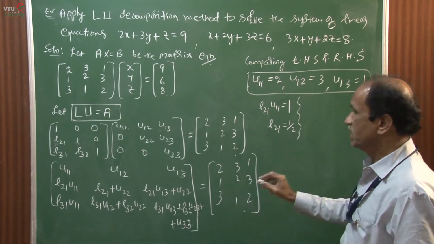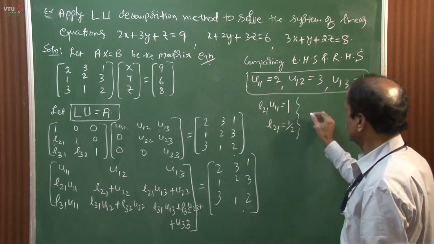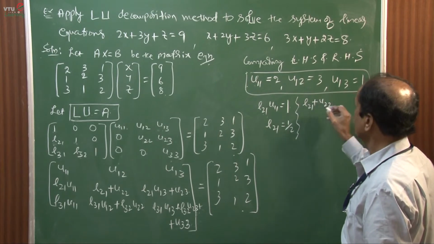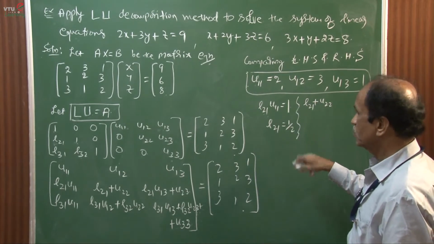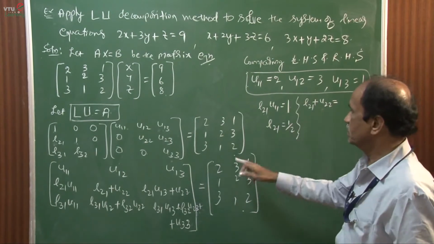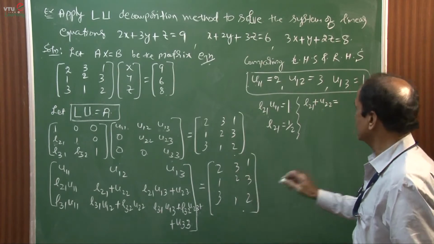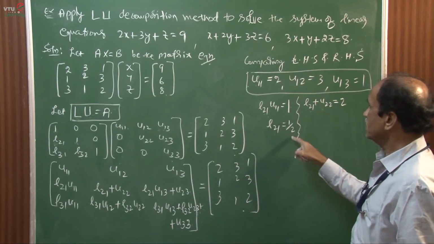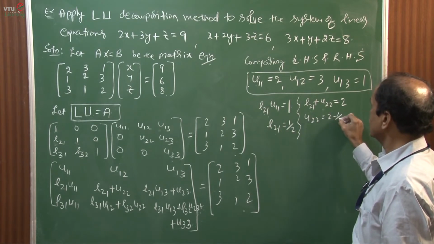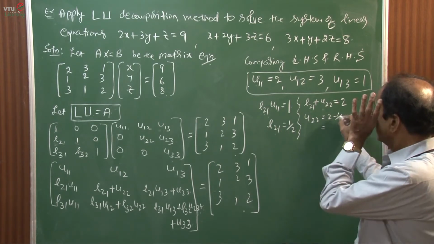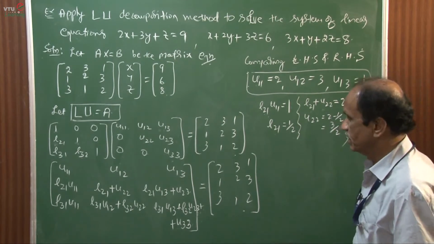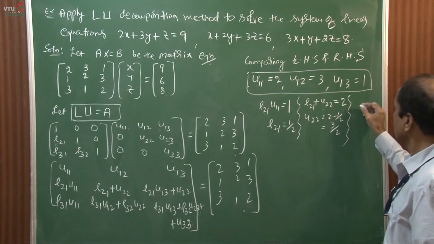Similarly, L21 and U22 is equal to 2. Then L21 is already calculated, therefore U22 is equal to 2 minus half, that is 4 minus 1, 3 by 2. And the next one, L21